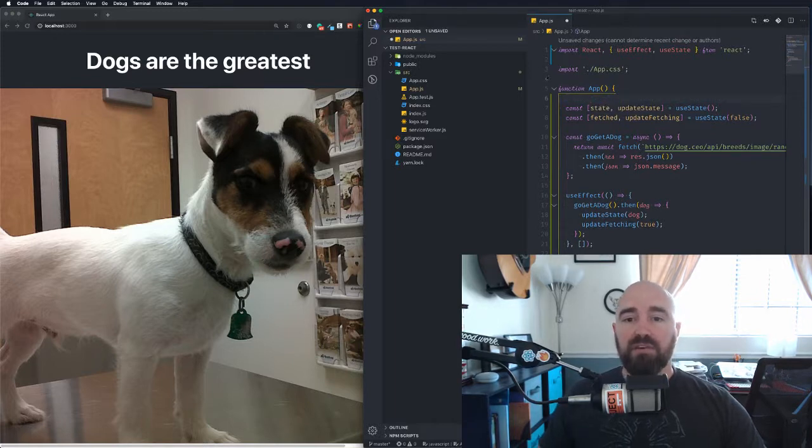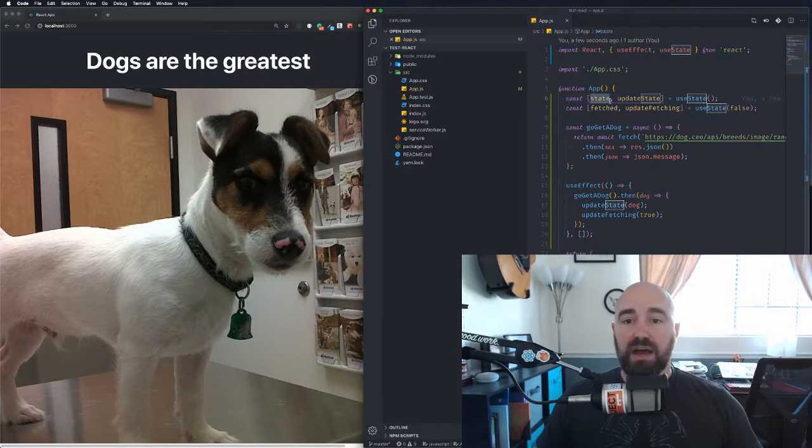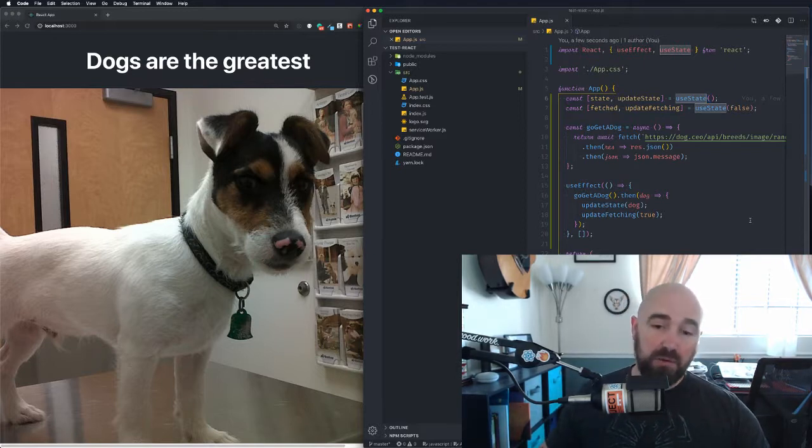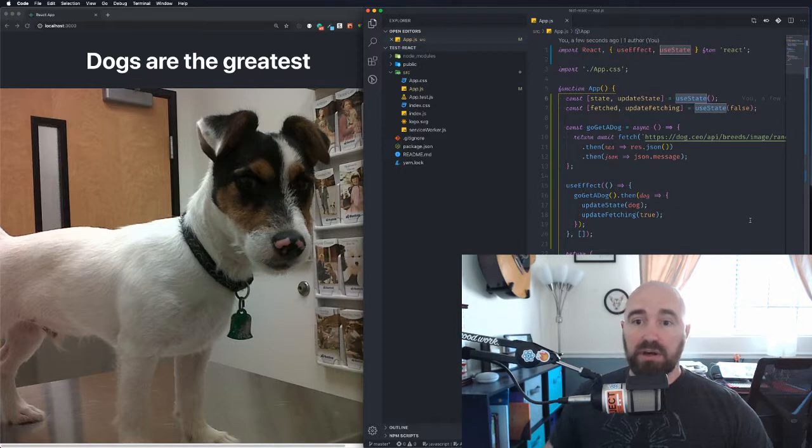What we have is a couple of bits of state here, right? So we have our state and our update state. I just put a generic state and update state function here. We're using the useState hook. If you're unfamiliar with hooks, I have a video about hooks. Check that out. useState just provides you with a piece of state, whatever that might be, and an updater function. So we could actually just call this